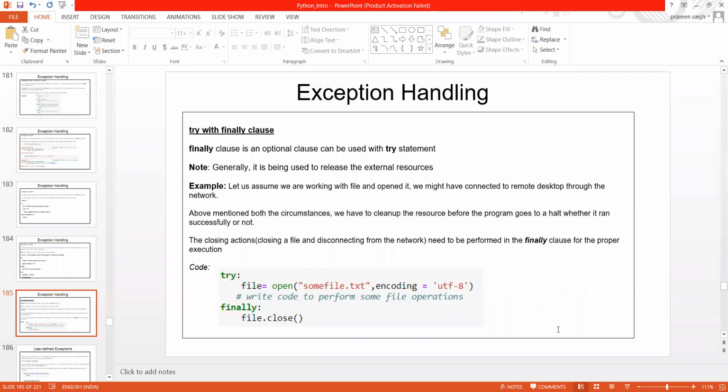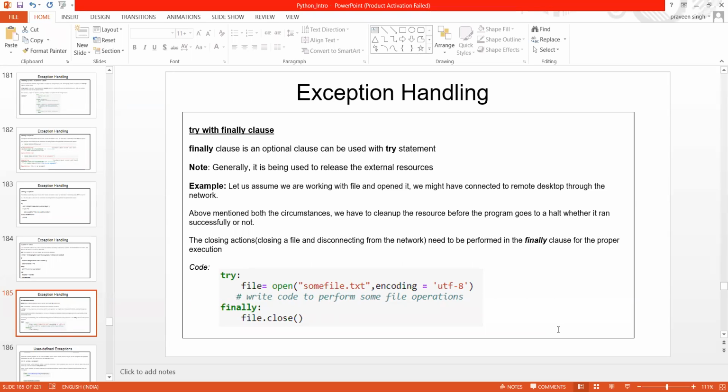Now let's say somewhere you have forgotten to close that file, the file which you have opened. That means your resource is still being utilized.